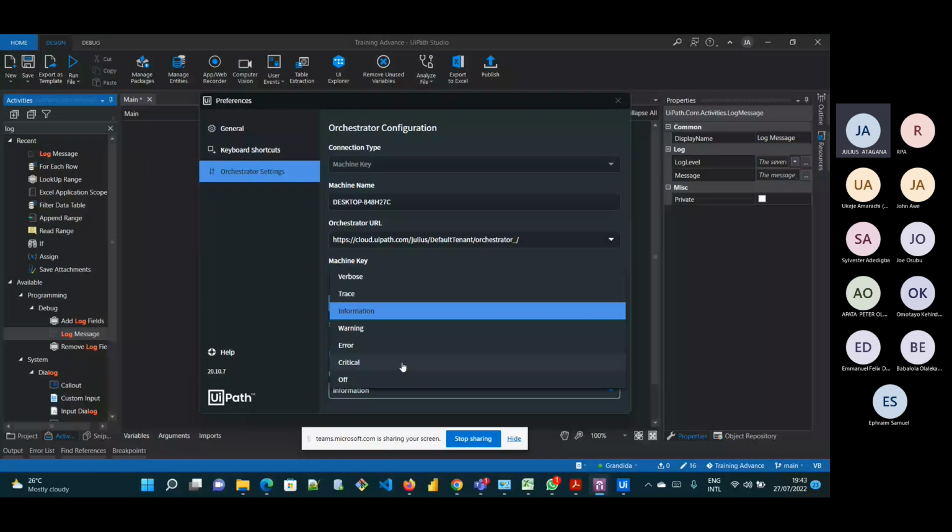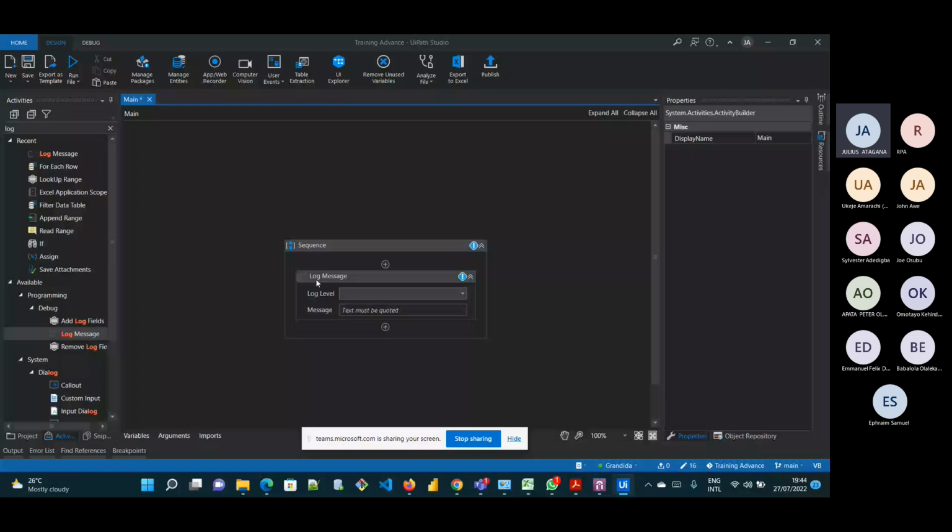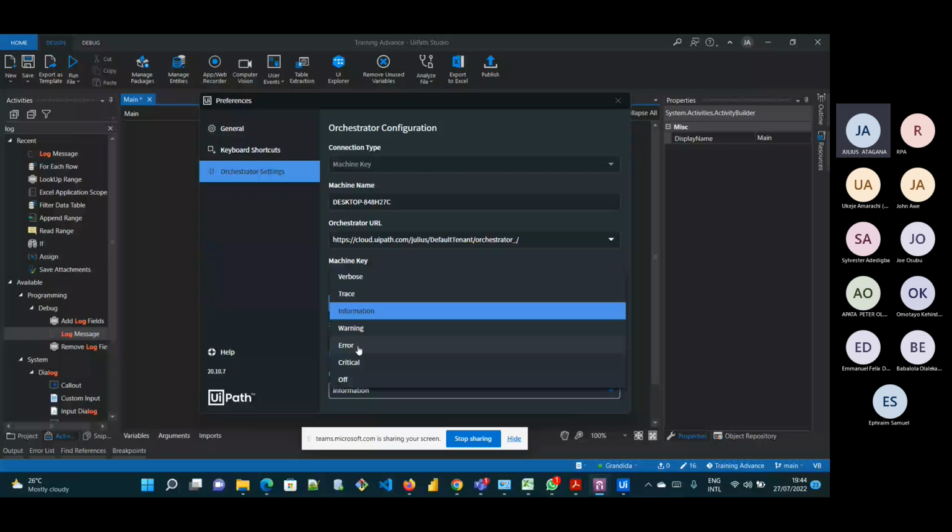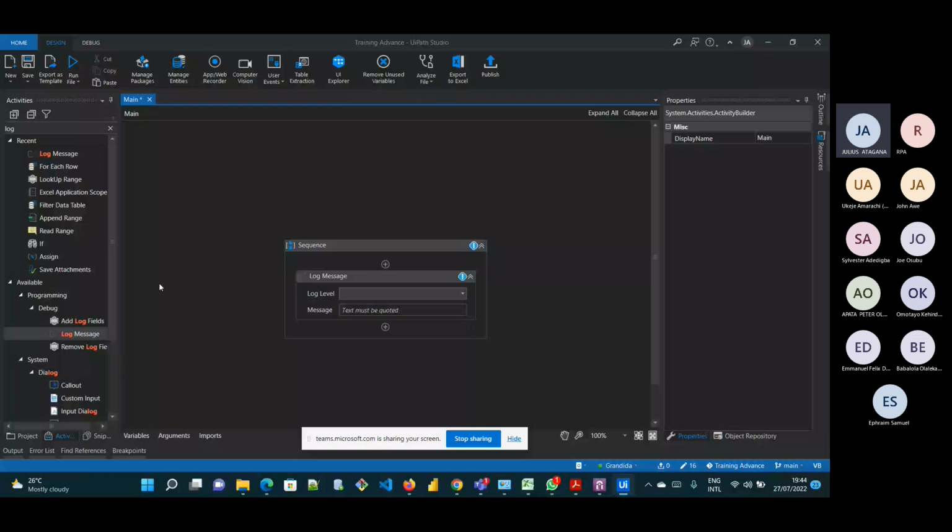How does the critical write down its log? So I came to the studio and I just drag in the log message. This log message also has the same thing as the UiPath log levels. So let's see the log level first here. I also have these: the FATA, the error, the warning, the info, and the trace.